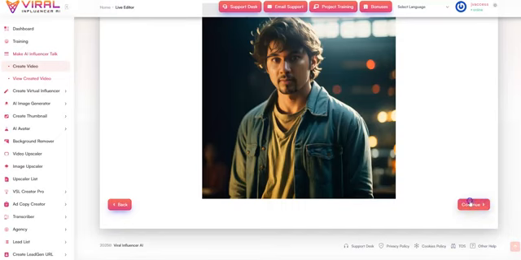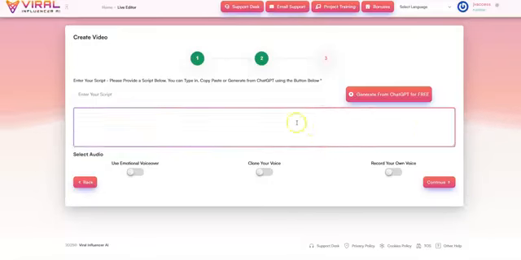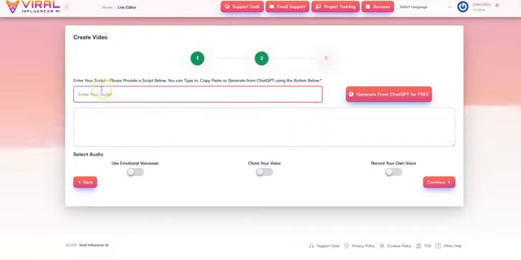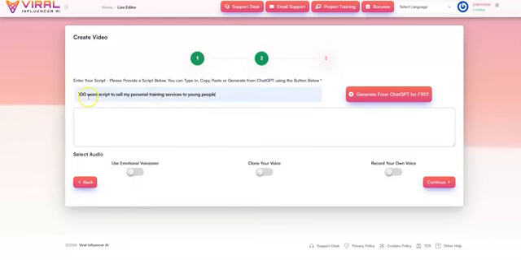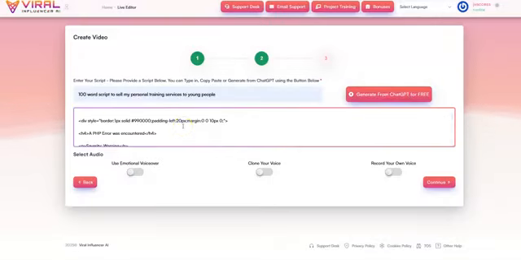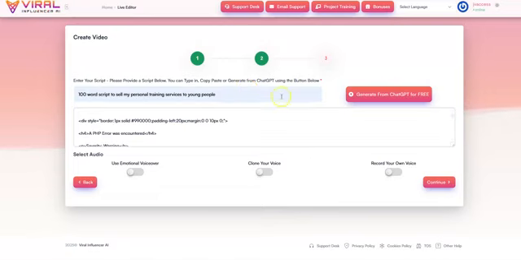and once that is uploaded, all I have to do is click on continue. So once you click on continue, this will then give you the option to write a script. So I'm just going to write a script for 100 words script to sell my personal training services to young people. I mean, the more detailed the prompt, the more detailed the script that you're going to get with the help of that prompt. So I'll generate that from ChatGPT,